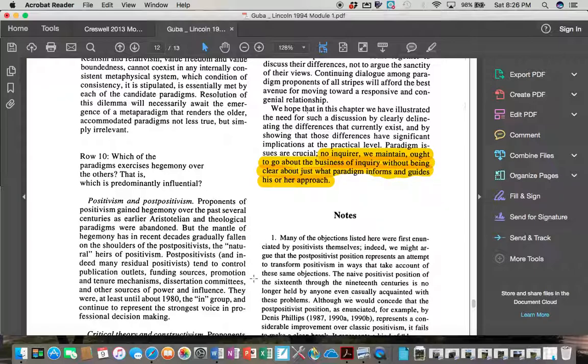Yeah, I believe that there are multiple realities. I believe that there's not just one reality that we can ever really hope to nail down and learn about objectively. And so I guess I disagree with the positivists in that regard. I do think that people kind of build their own realities,